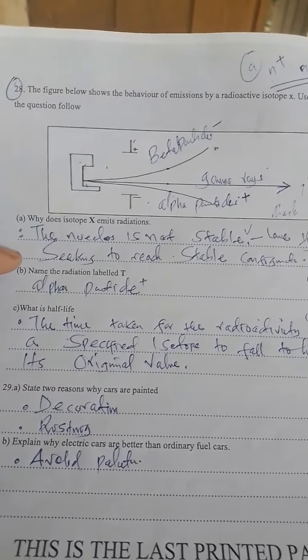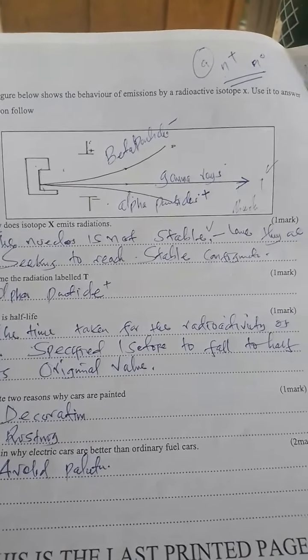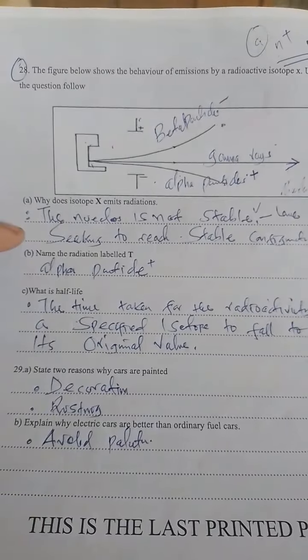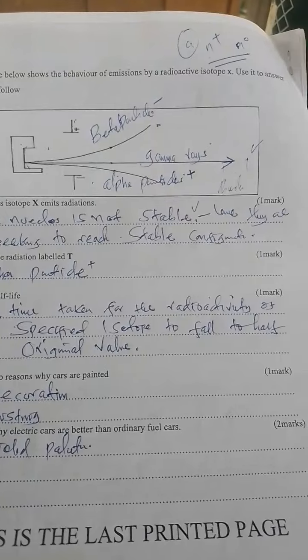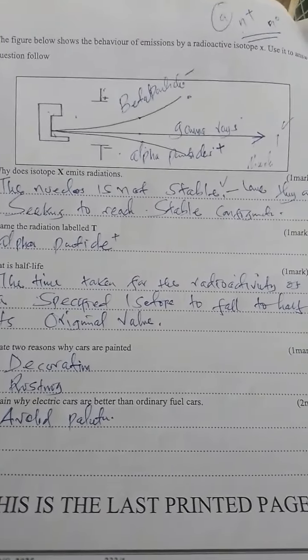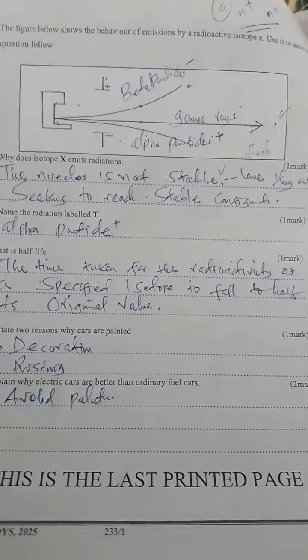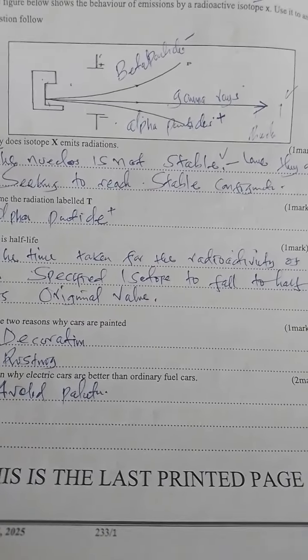So question number 8, the figure below shows the behaviors of emissions by a radioactive isotope X. Use it to answer the questions that follow. So as you can see, the magnetic field where some of the radiations have been emitted, and I look at this magnetic field, we have the top part of this magnetic field which is positively charged and the lower part